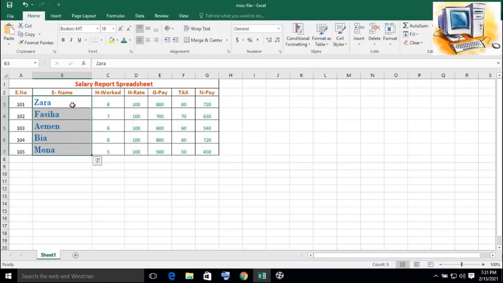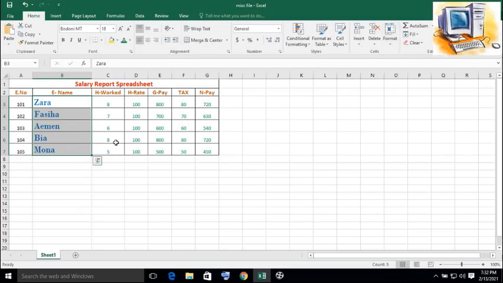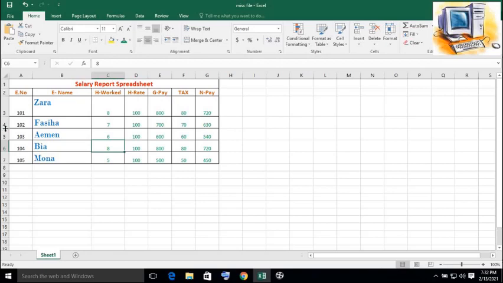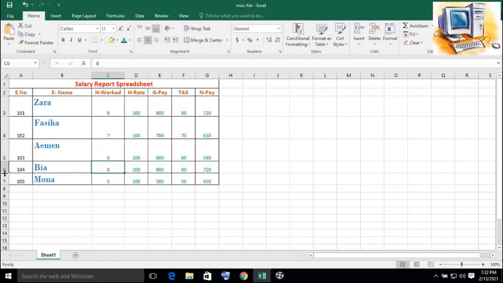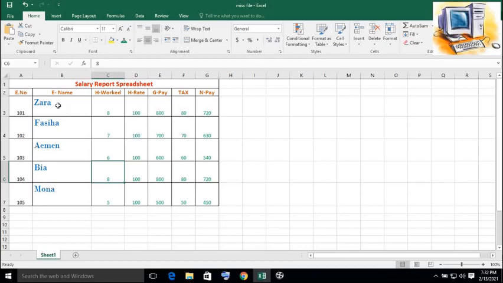It cannot be observed in these cells because the width of the cells is not enough, so we can increase the width of these cells easily from here, or we can just drag these cells like this with the help of the mouse.